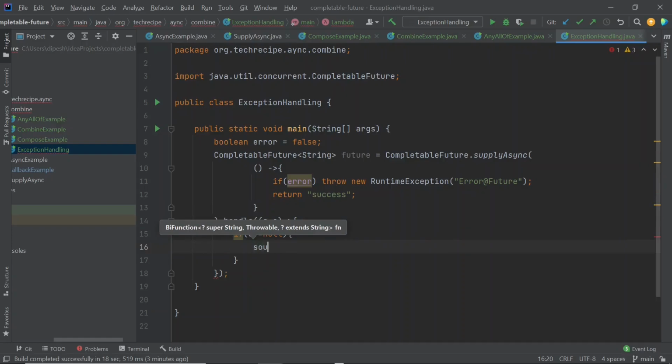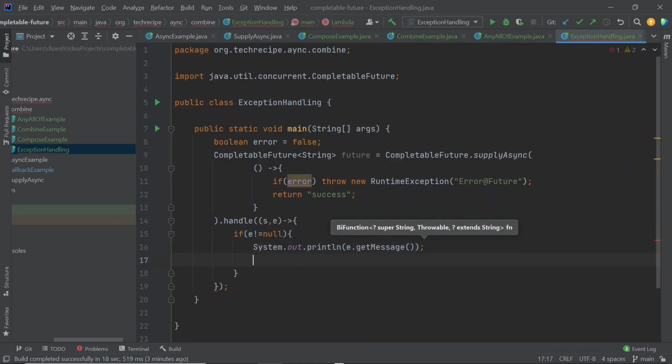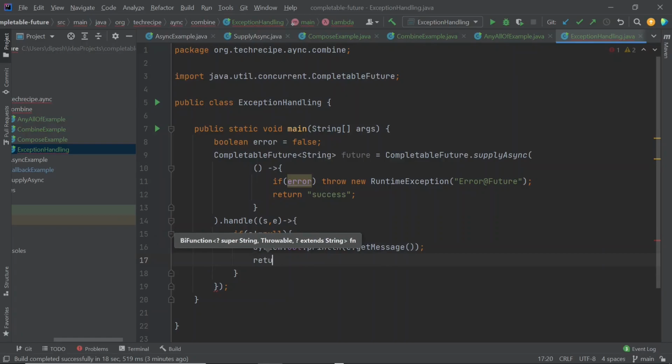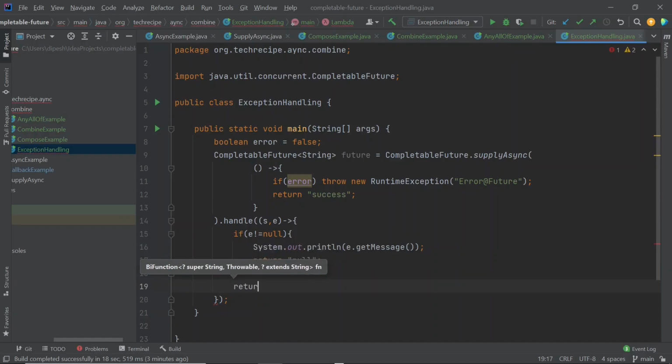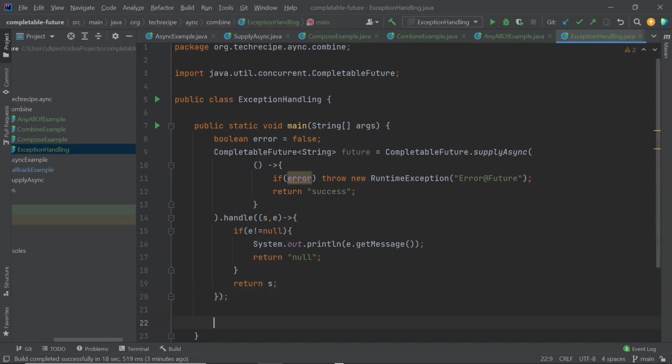So what we'll do, we will log the error, say e.getMessage, and we will return some string indicating there was an error, maybe a null string. And in case of success, when there is no error, we will simply return the s. And this way our CompletableFuture is ready.